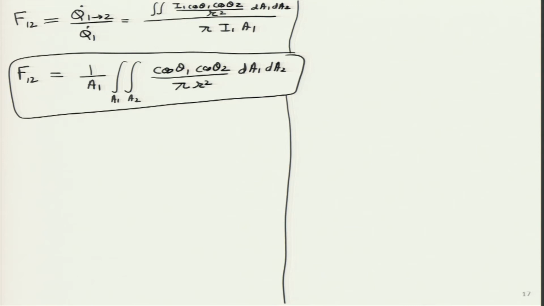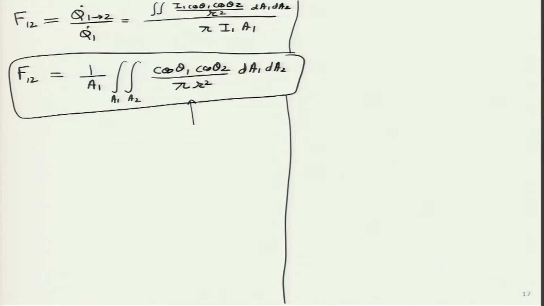Let me recall once again, what is the value of F12, what does it represent? It represents that fraction of energy which is leaving surface 1, which strikes directly some surface 2 which is kept over here. If both of them are brought on top of one another, F12 value becomes 1, because 100% of the energy which is leaving 1 strikes surface 2. If they are very far apart from one another, where they are not even able to see one another, that distance square, 1 by r square, is very large, then F12 will become very close to 0, and both these things we can see over here. I think this is clear.